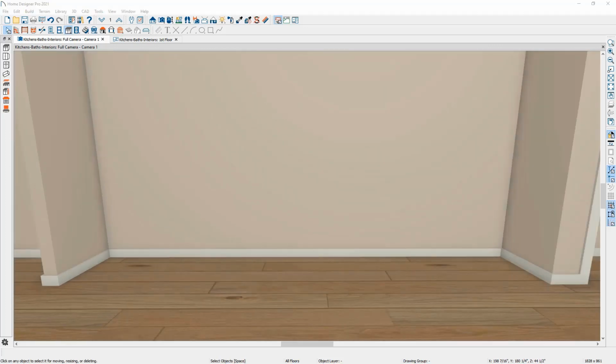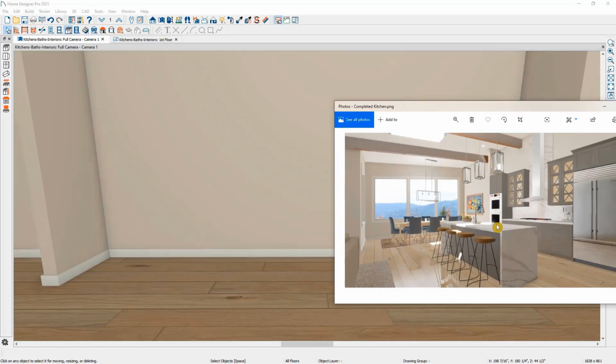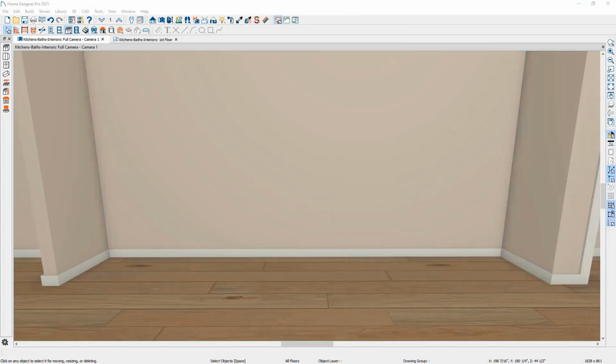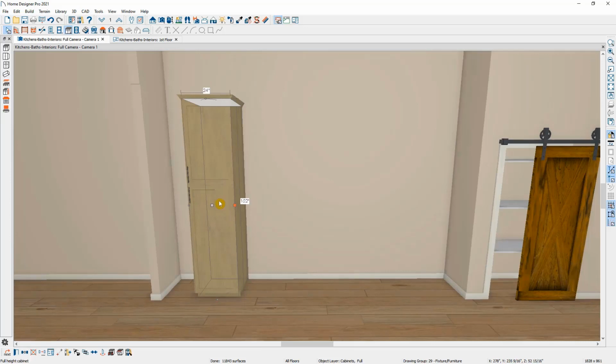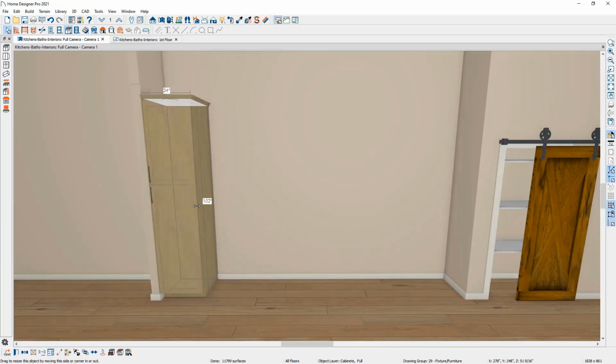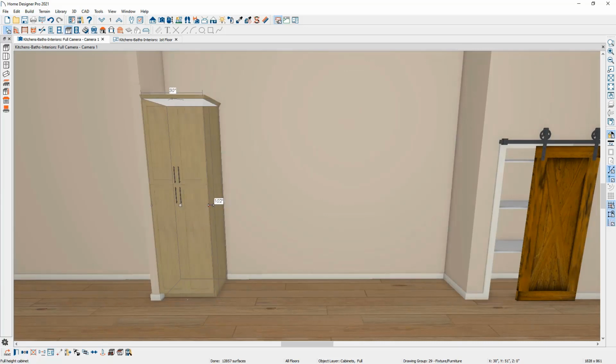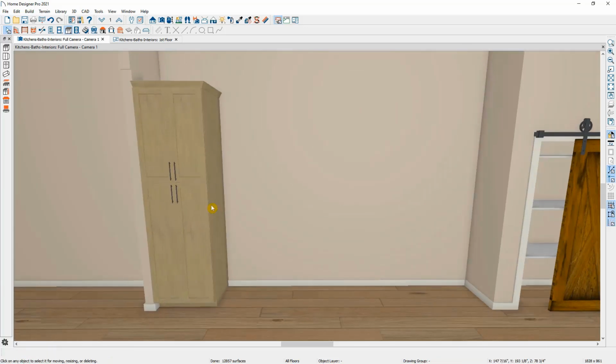And the first cabinet that we're going to add into the plan is going to be a full height cabinet, which will hold a double oven. So I'm going to come up to our cabinet tools and then just make sure I have the full height option selected, and then I'm just going to click once to place it, and then I'm going to select it and then bump it over to the side over here. I'm also going to resize it to be 30 inches wide,